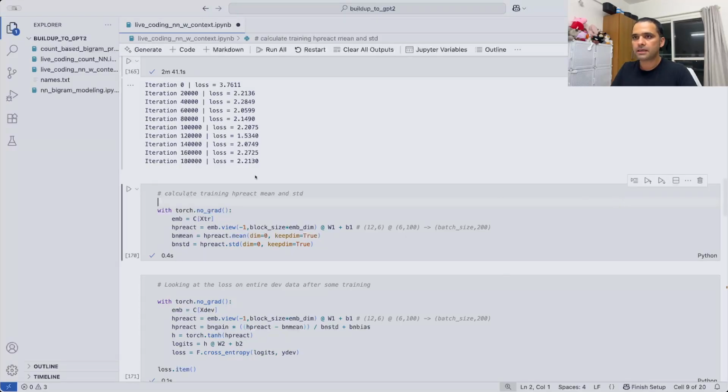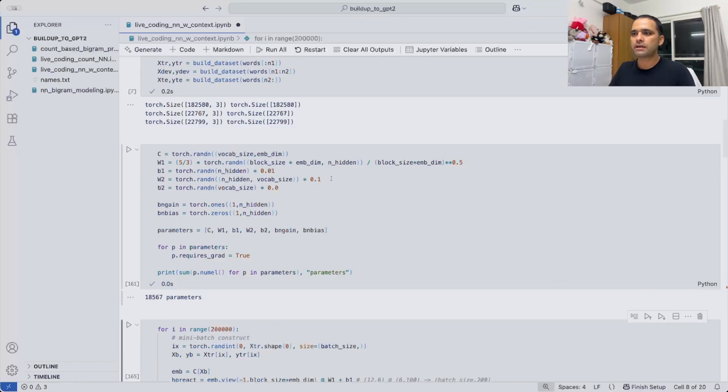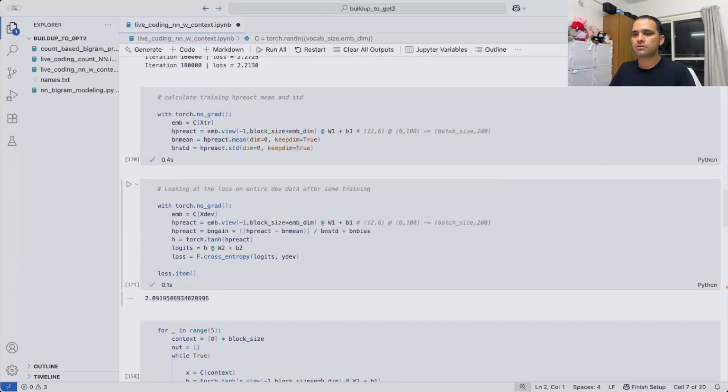What I mean by that is our initial loss, the first iteration loss, was coming to be a large number like 20, 30, 40. But that was happening because of logits going large. To control that, we scaled our last layer with a 0.1 multiplier for weights. So here also we can